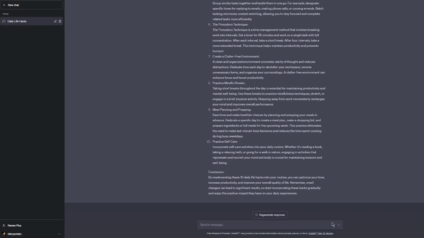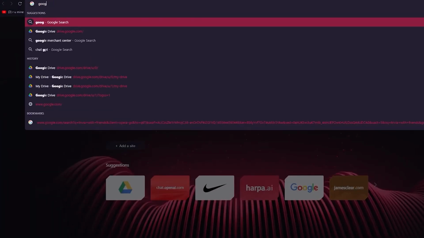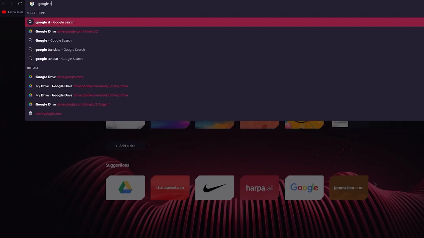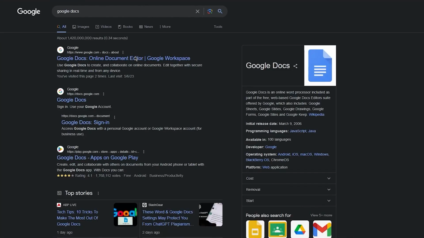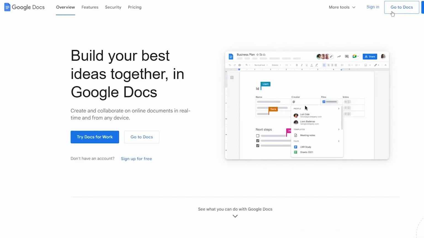Now, moving on, basically, you can go ahead and copy all these things that ChatGPT has provided you. And obviously, you can go ahead and start creating an article. I'm going to go ahead and right now assemble this article on Google Docs, okay? And you can assemble it anywhere. You can assemble it on your Word or any